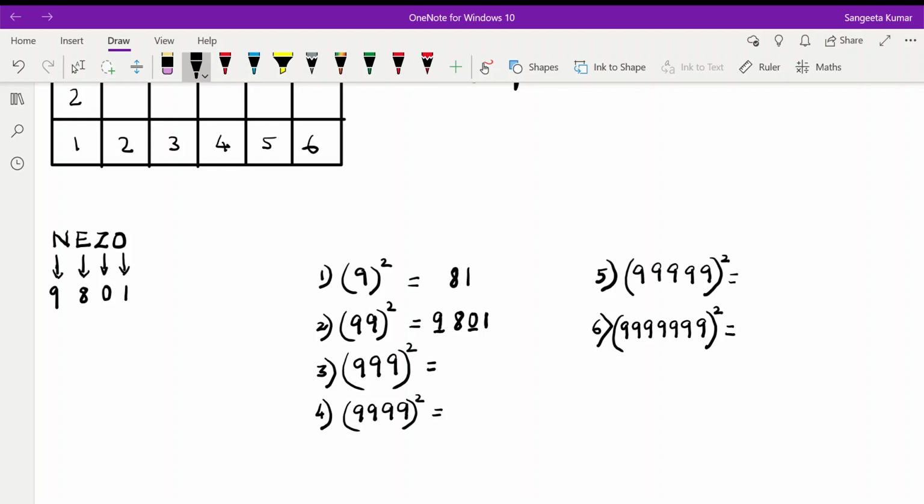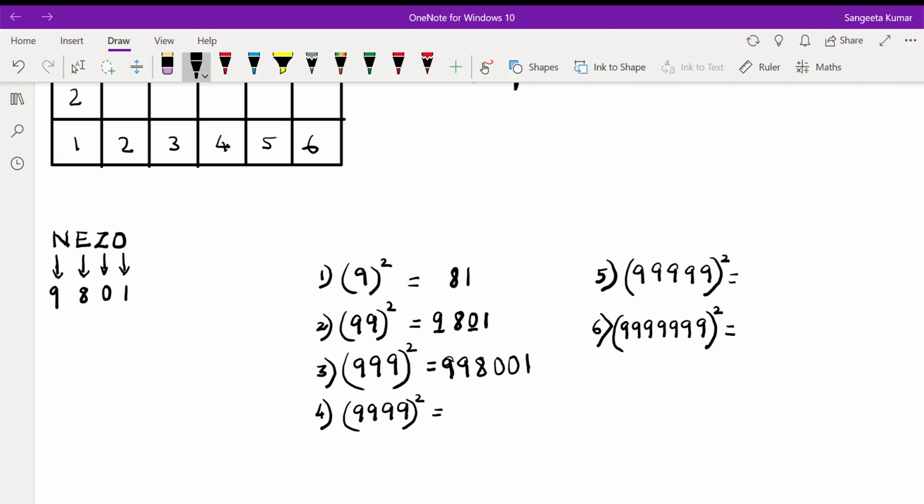One more I am doing for you to make you understand. We have 3 nines here. That means the product will have only 2 nines. After this, 8 will come. And after 8 will be followed by zeros. Now the number of zeros will be 1 less than the number of nines to be squared. So we will have 2 zeros and finally we'll have 1. So this will be the answer.